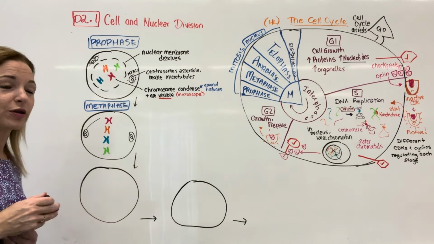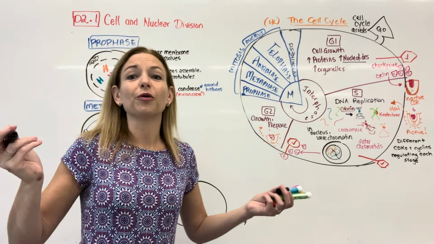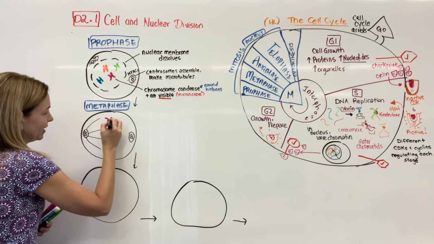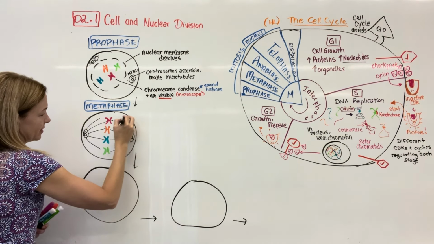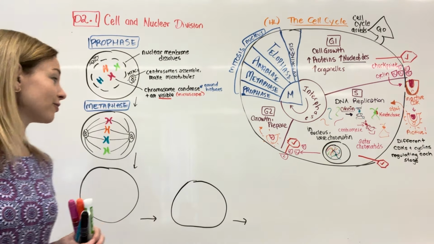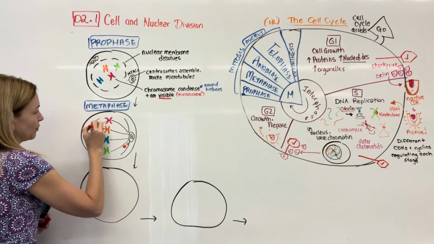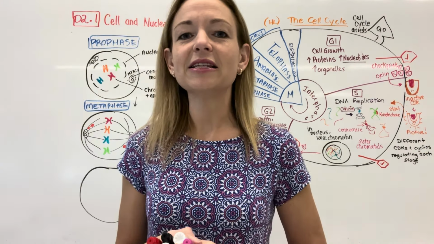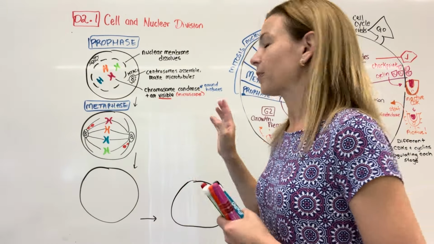What brought them to the center is the microtubules or spindle fibers. The IB is using the word microtubules instead of spindle fibers; basically the microtubule is the name of the protein, and the spindle fibers are what it creates. It's six of one, half a dozen of the other. I am drawing a few extra microtubules, and some little motor proteins, because that is actually what is pulling them in the different directions. I'm not going to go into tons of detail, but I am reminding us that those exist.